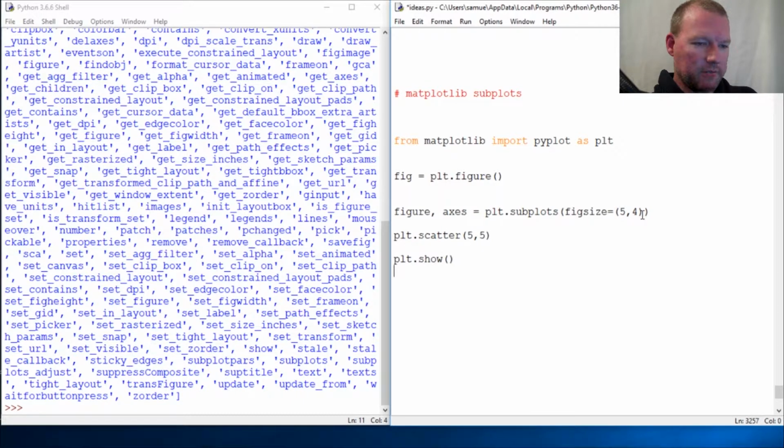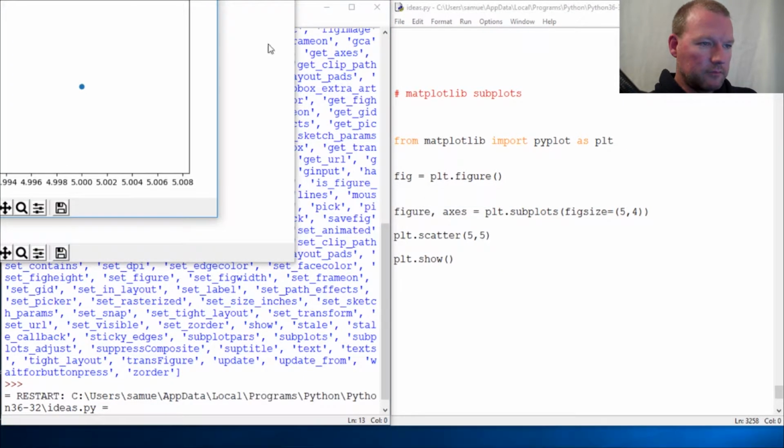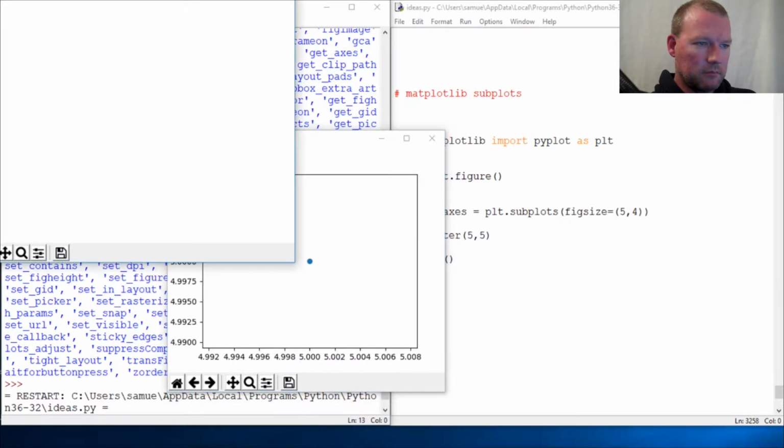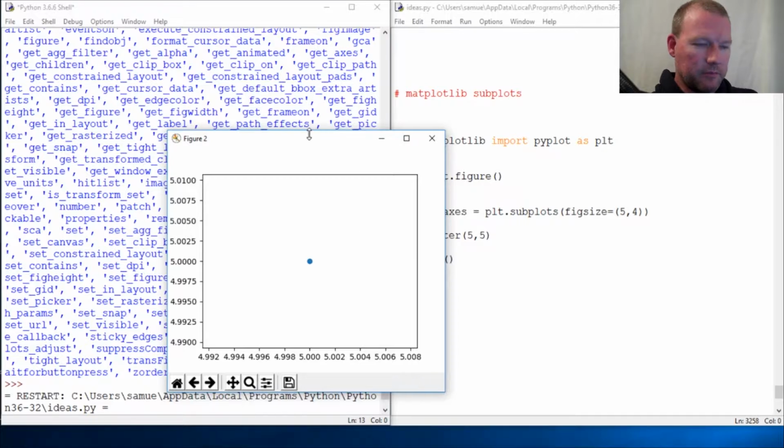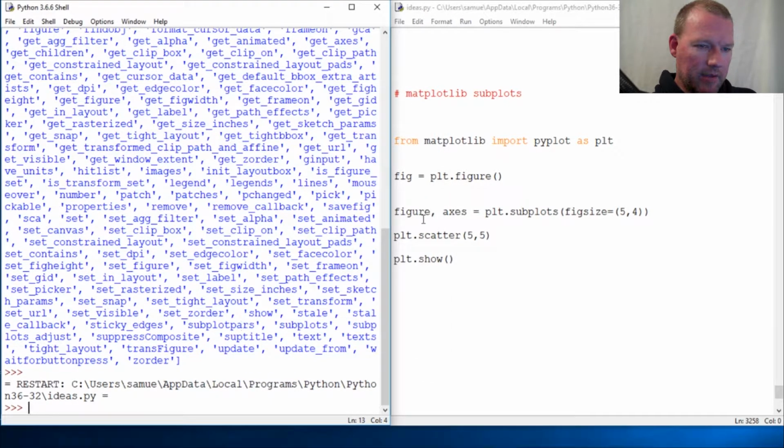But this is what I want to really bring to your attention. So that's figure 1 back here. Let's close that. Here's figure 2. So all right, fig and figure will have the same size items, but the reason why this is so important